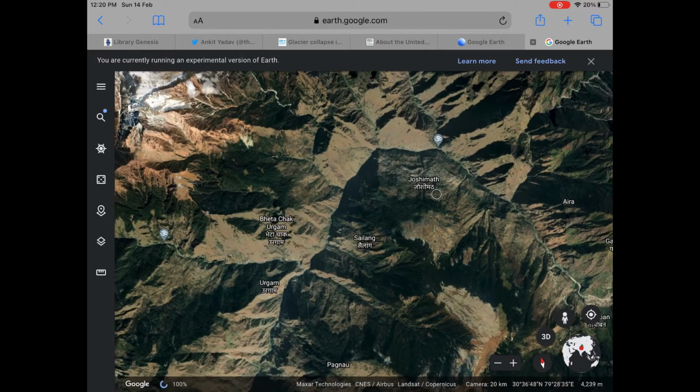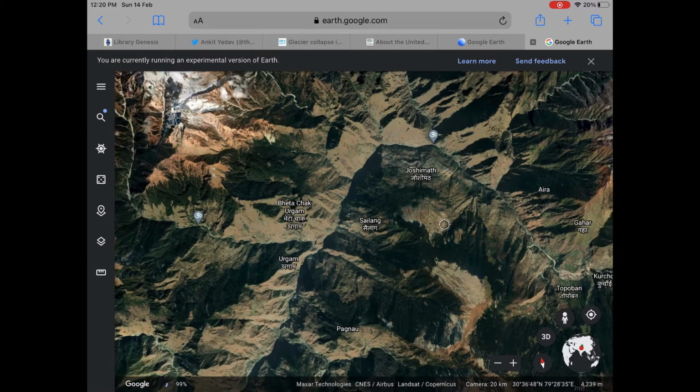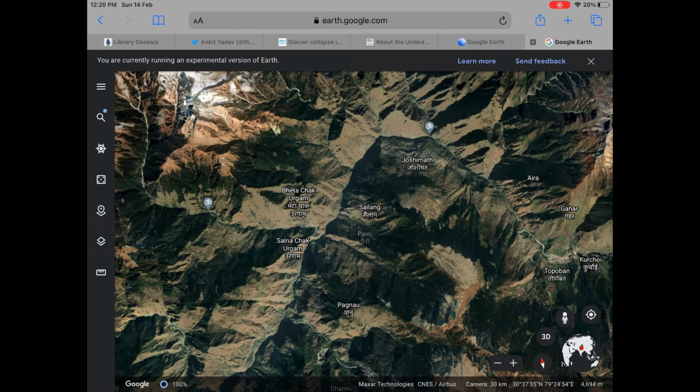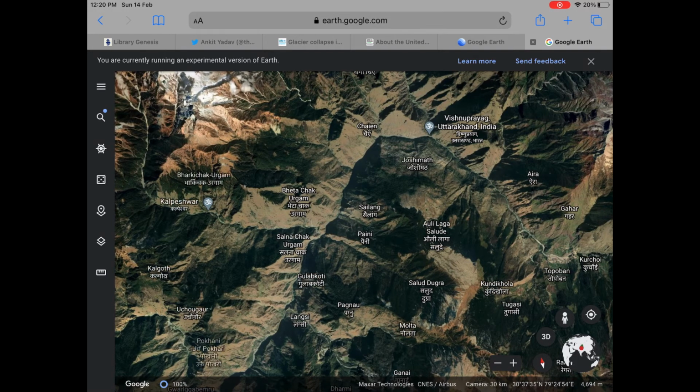The major concerns for the area are the construction of various dams, hydroelectric projects, and roads, which is creating a troublesome situation for the local climate, and climate change has also been a problem.